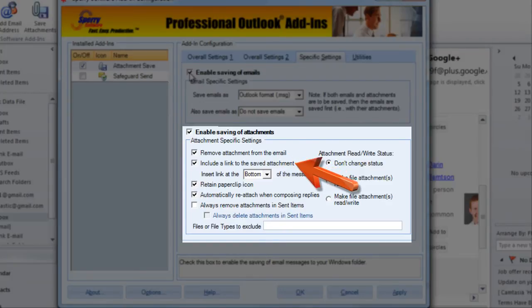Next is Include a link to the saved attachment. If you have this checked, a URL link is added to the message pointing back to the attachment. Retain paperclip icon. If this is unchecked, the paperclip icon that you're used to seeing that indicates there's an attachment on the message is removed. Otherwise, a paperclip.ico file is attached to the email instead. It's a small file used to force Outlook to display the paperclip in the main window. Note that you should click on the link, not on the paperclip icon file, in order to see the original